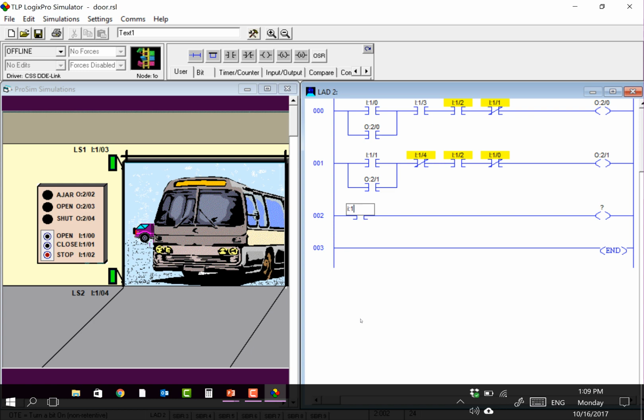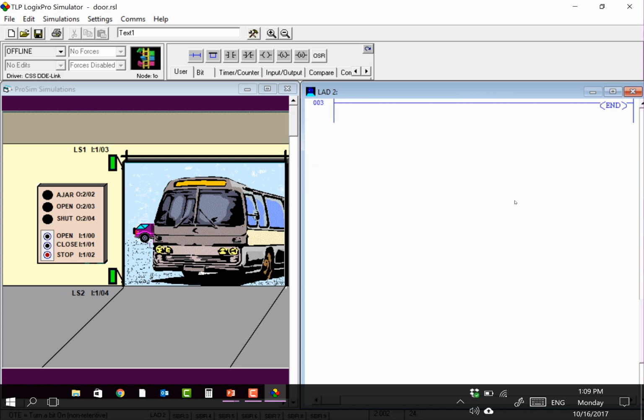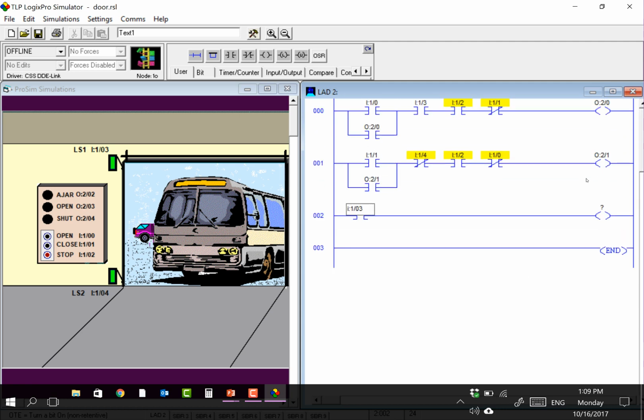I:1/0. This is the input switch. I:1/03. That's what's happening to me. And when I think it's disappearing, it's just going up off the screen right there. And then over here, this is the LED, and that is O:2. O:2/03. So now if I run it,